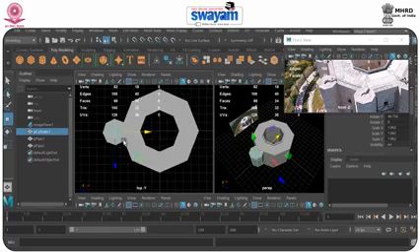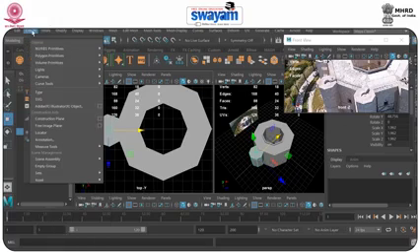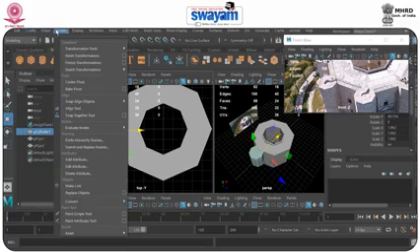Now what we required here, select the object and we want to modify the pivot of this object into the center of the object. So what you should do, you have to go to the select option and you can use the modify, and you can here use the center pivot. With the help of center pivot, what will happen, as per your selected object, the pivot would be automatically set into the center of that object.